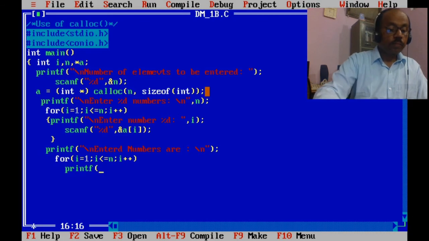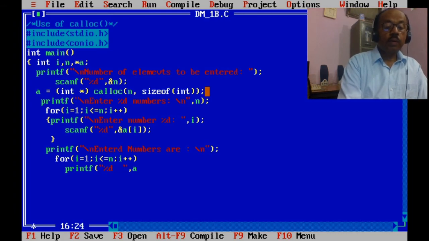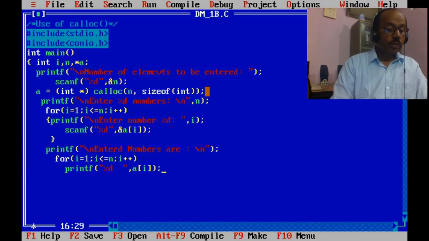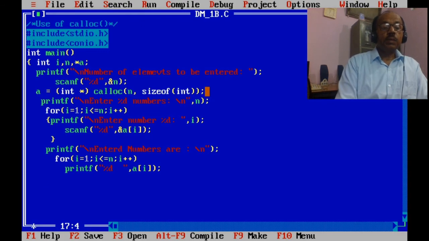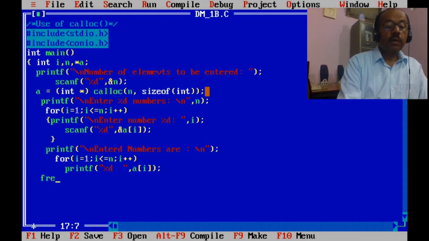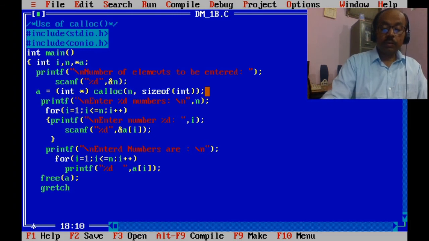Printf %d, comma, a[i], semicolon. Now we should free the allocated memory: free the pointer, that is a. getch.